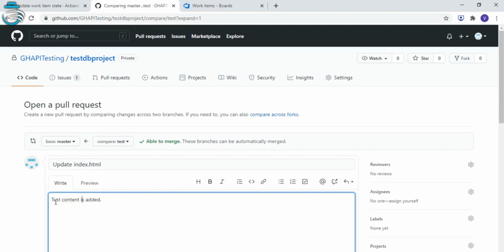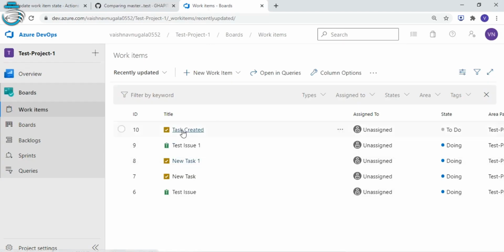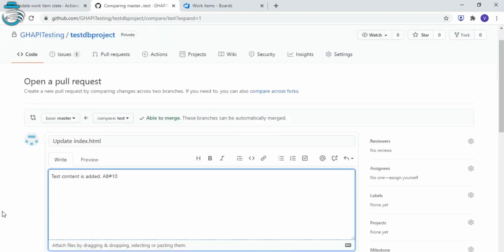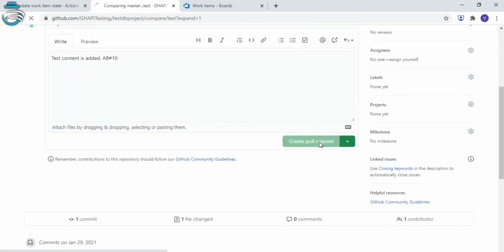Azure Boards supports the following syntax on how to link your work items: AB hashtag and your work item ID. My work item ID, which I've created in my Azure DevOps project, is 10. So I'm going to add AB#10, and I'm going to create the pull request.